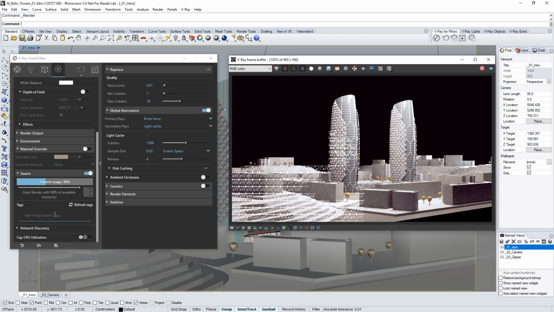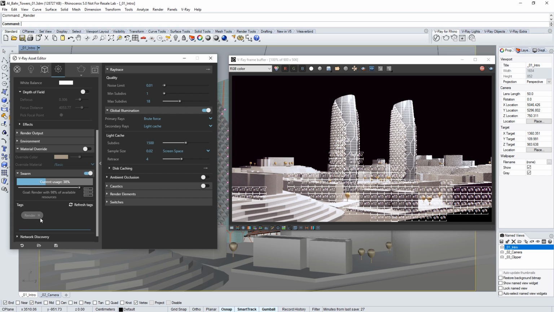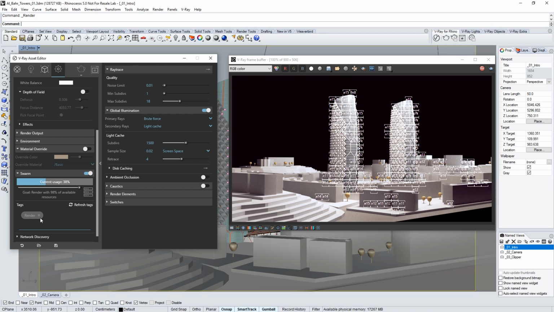The first is using tags. For example, I made this one in advance. Tag means grouping some computers and using only them for rendering, while some others are left free to be used by a colleague, for example. The next level is through a slider here, which means what percentage of the dedicated resources